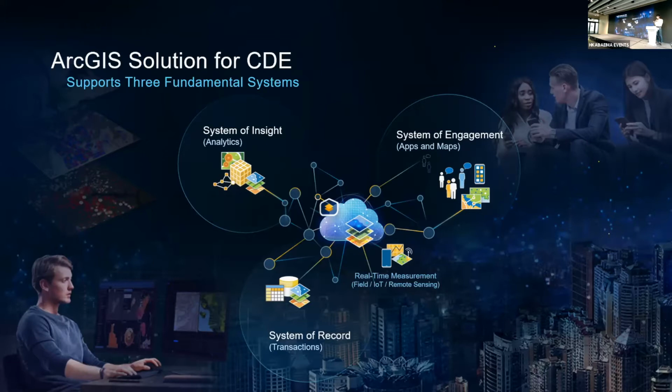And the second system is the system of insight. In our GIS platform, we have plenty of spatial analysis functions that I will introduce later. We use these functions to analyze the data and convert it into decision-making tools that help us to continue our project. And lastly, we have the system of engagement. Here we emphasize sharing GIS information with different project teams and also our clients, through web browsers or other applications.